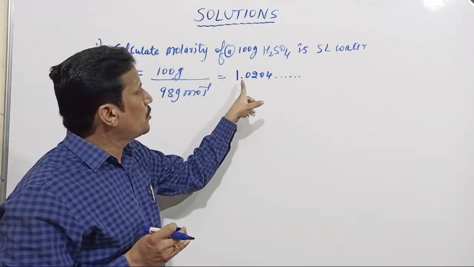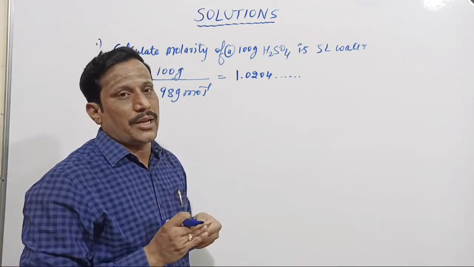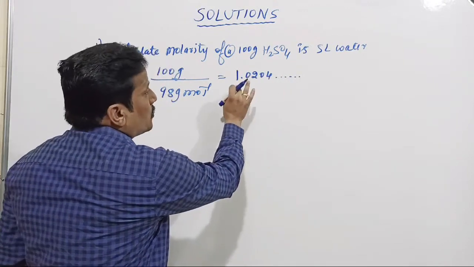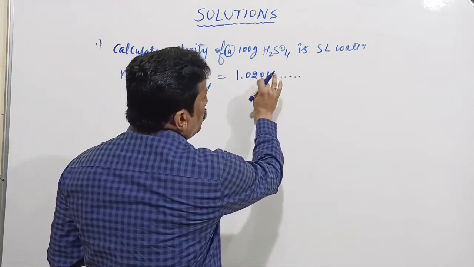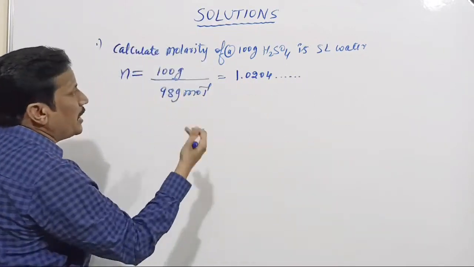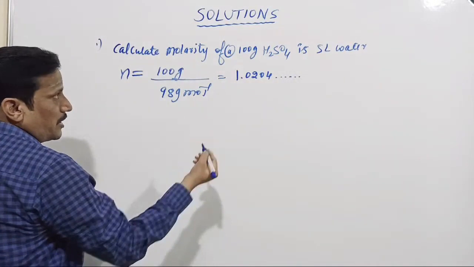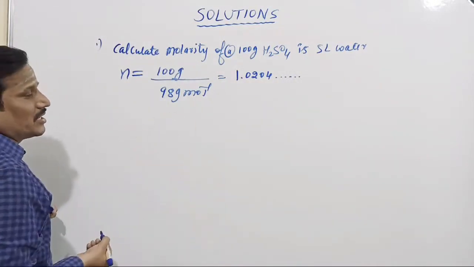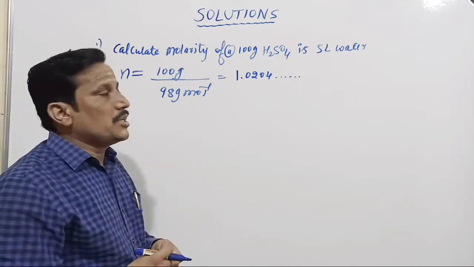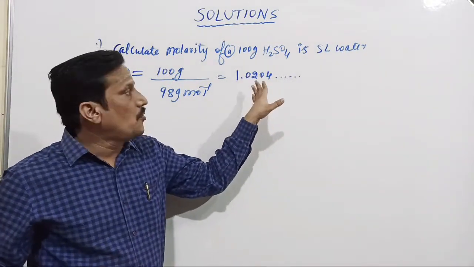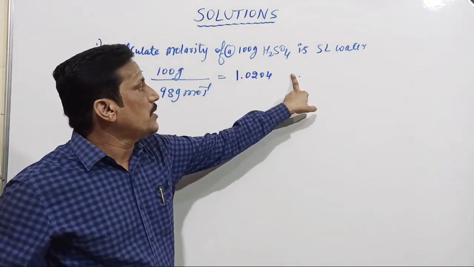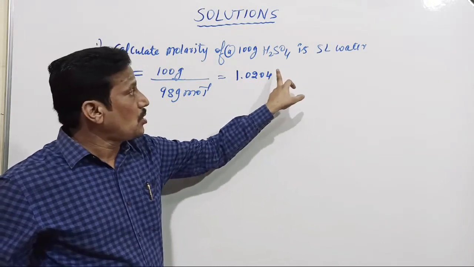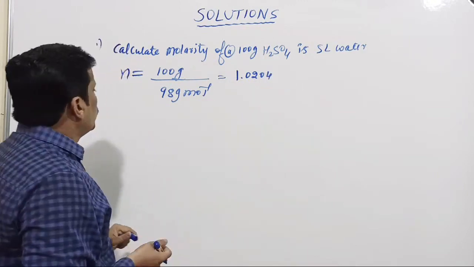The standard method is that you take 1.0204 as it is. Some students calculated the number of moles, 1.0204 and more digits, and divided directly by 5 liter. That gives a very different answer. So my suggestion is that you take only these 4 digits. Don't take the other values, and don't round off also.